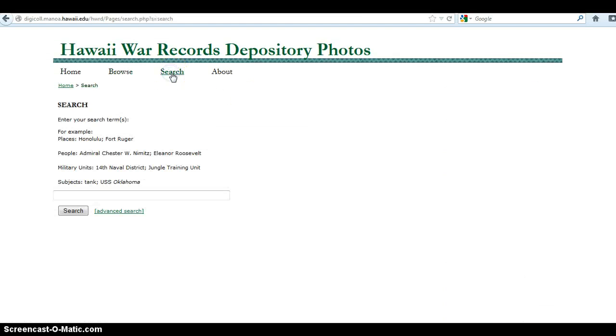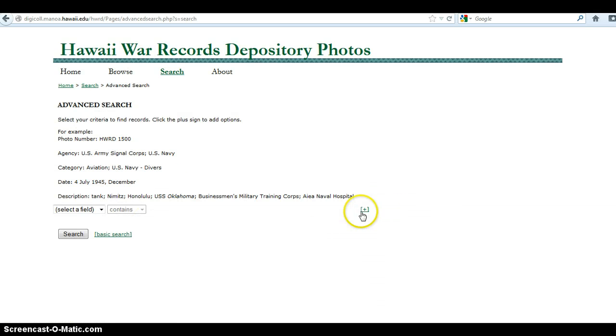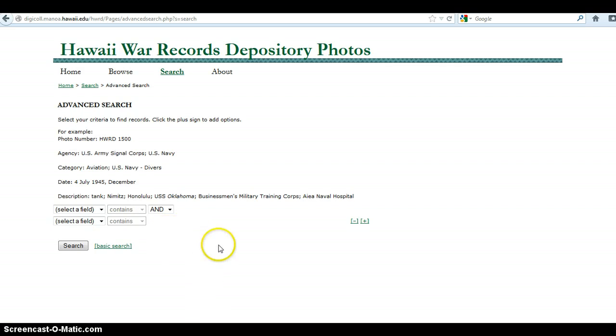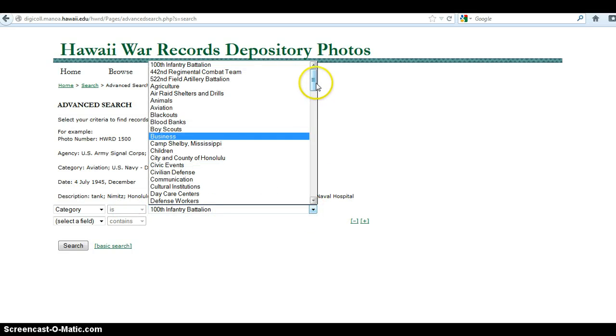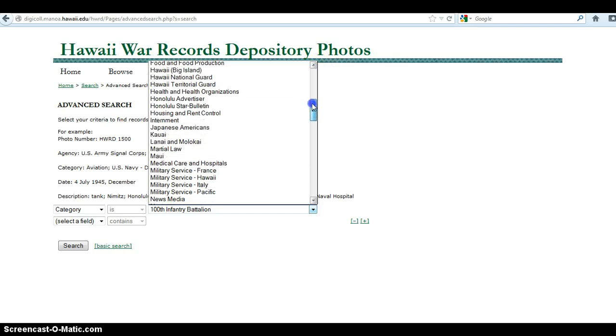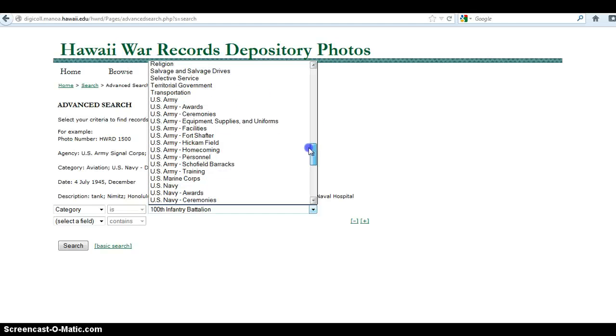And the other search function is the advanced search. The link to it is here. And with this plus sign here, you can add more fields, up to 4 maximum. We're just going to use 2 for the sake of showing you. And again, we're going to use some of the examples they provide. Here we'll first take a category, and we'll go with U.S. Navy. Now, with this you can see all of the different categories that images in the database are relegated into,